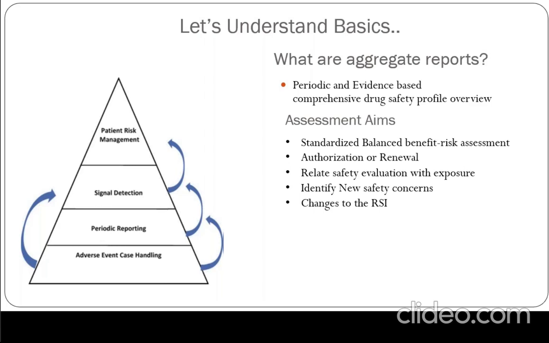Of course, identifying new safety concerns. We don't want too many safety concerns. At the same time, it's inevitable. It's always there, and you just can't get away with it. But the idea is to always keep them under some sort of limit, so that benefits are always higher. If the risks are more, there are mitigations which are well documented in the RMP. We'll touch base on that as well as we progress. But we need to identify the new safety concerns.